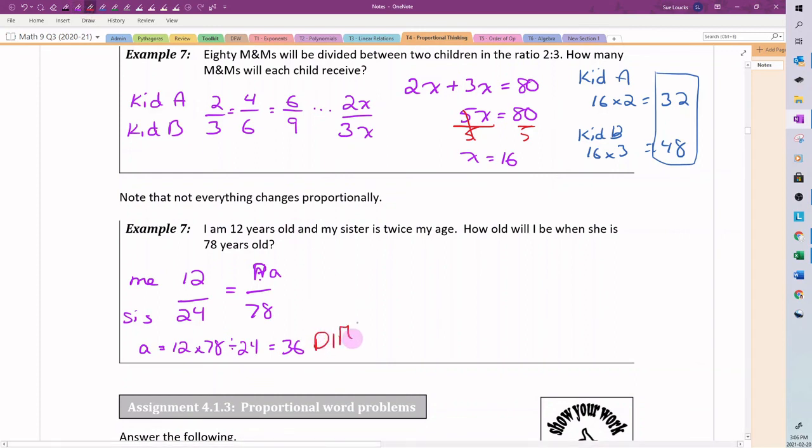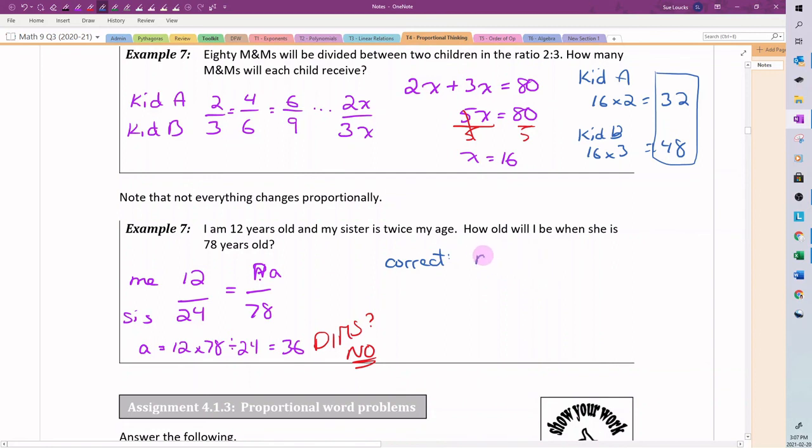Does that make sense? No, it doesn't. I'm not going to be 36 when she's 78. What happens with ages? We both age at the same rate, right? So it's not changing proportionally. It's changing in what we call absolute terms. So the correct way of doing this